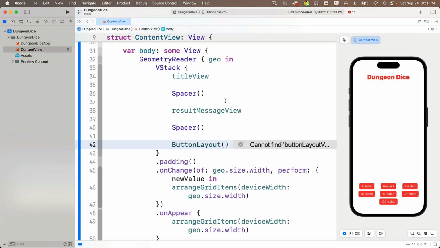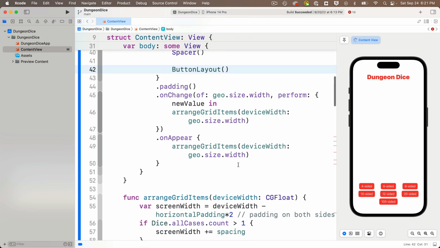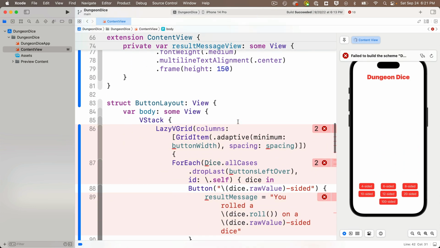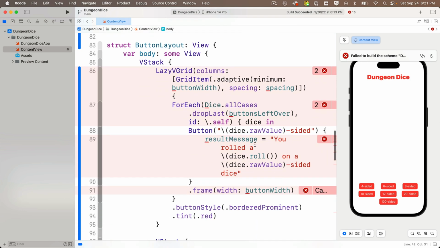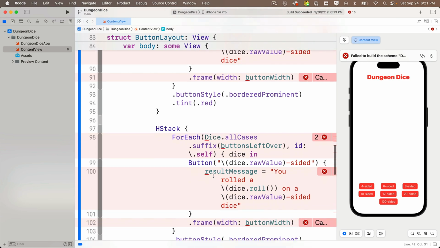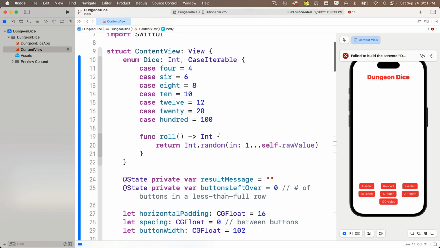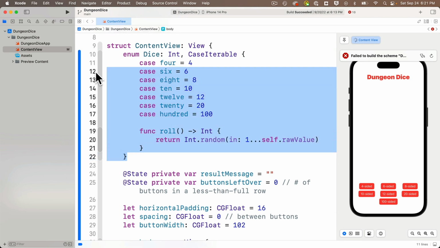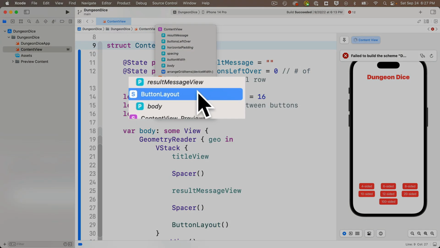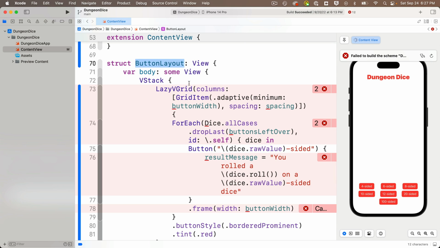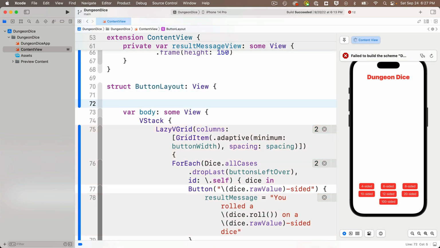Now as we scroll back down to our new view and look at these errors, we see little red underlines underneath a bunch of variable names, buttonWithSpacing, also the Dice enum. And if you look more closely at the code, we'll see that those values are only used inside of this new subview. So we can cut them out of the declaration above and paste them inside of our new subview. Let's start with the enum. So highlight the entire enum, including its function, cut it out with the Command X, then I'll jump bar down to ButtonLayout. Remember, our ButtonLayout subview is also a struct. That's what the S to the left of ButtonLayout in the jump bar means. Then below the struct definition line and above the body property declaration, I'm going to paste in the enum,